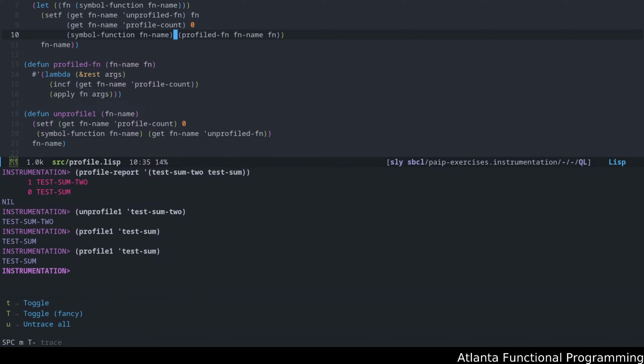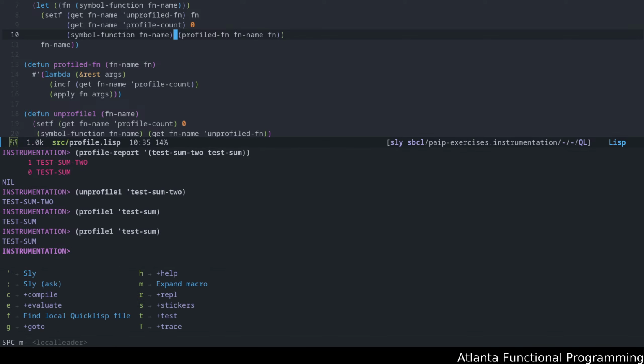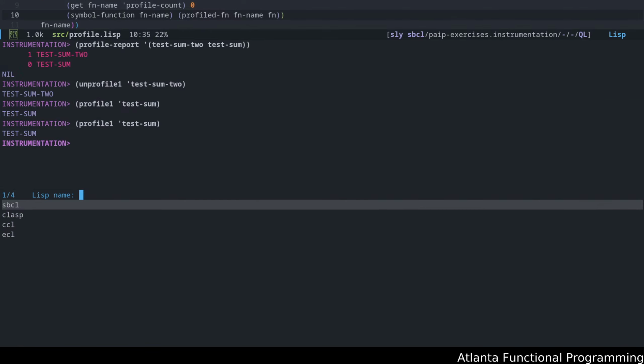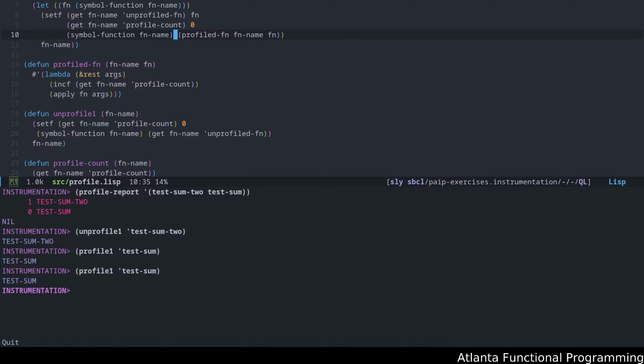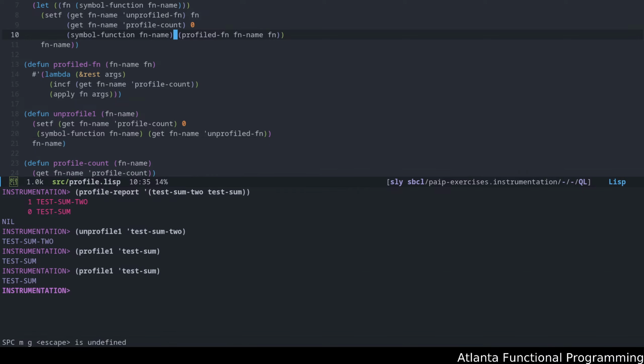Let's see, trace. Top trace. No, no, that's not it. What was it? It was. There's a way to actually go and tell. Oh, is it this? No, it's asking. Go to. Go back previous sticker. Oh, this is sticker navigation. All right, no bother. I can actually do this in a different way.